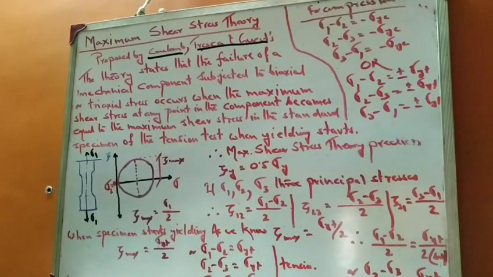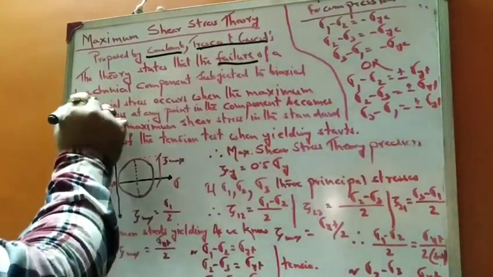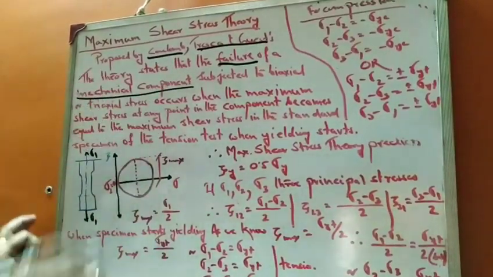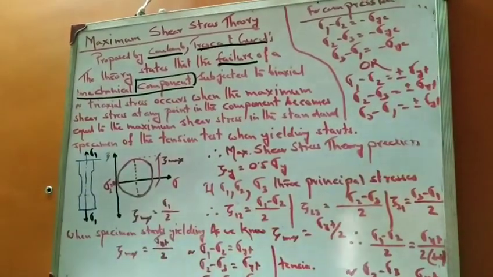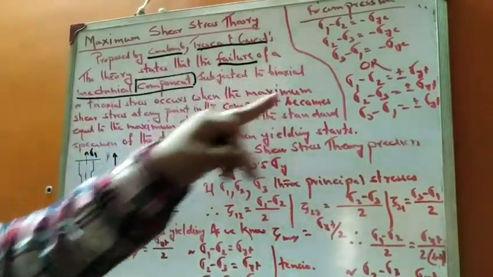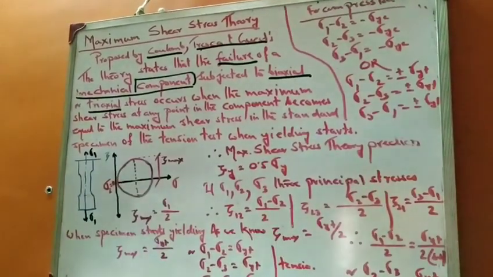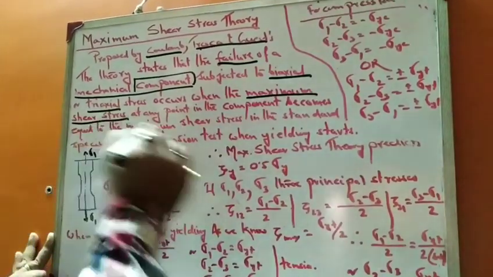The theory states that the failure of a mechanical component, not specimen, please mind it, you have to understand this word component, subjected to biaxial or triaxial stress occurs when the maximum shear stress,